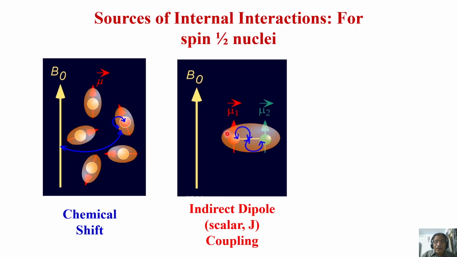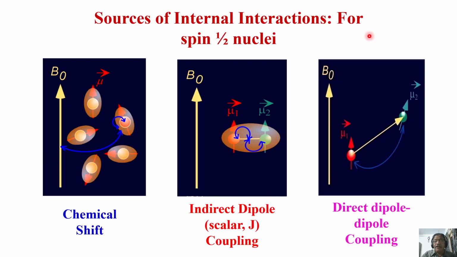And of course, there is interaction between two magnetic moments, that is, between nuclear spins. Remember, I told you in an earlier class, we say spin, magnetic moment, and all those things. There are several jargons we keep changing while using, but everything is the same. If I say two magnetic moments, fine. If I say interaction of two nuclear spins, fine. There is no difference between these two. This can take place through a covalent bond. I told you this is called indirect coupling or scalar coupling, also called J coupling.